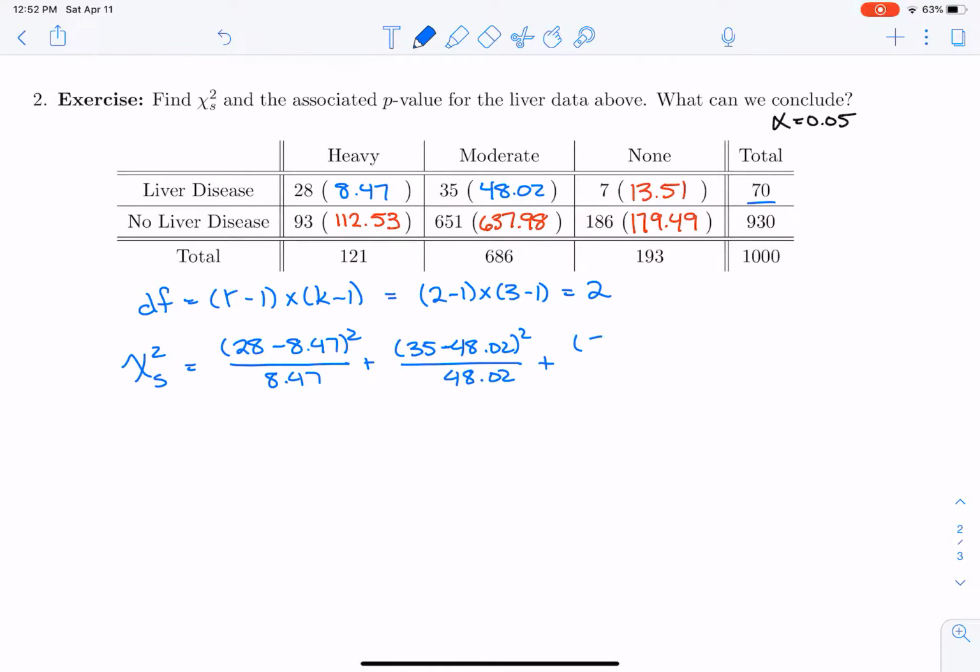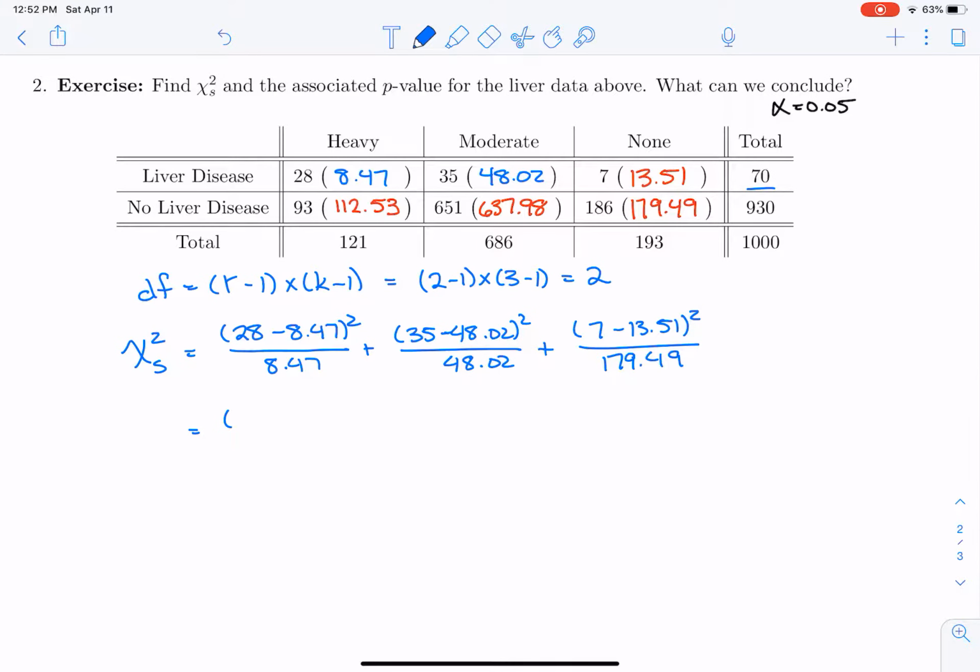Here we've got 7 minus 13.51 squared over 179.49. We have another one, which is 93 minus 112.53 squared over